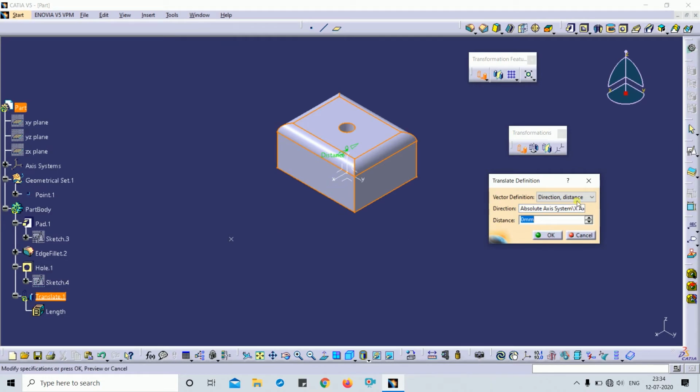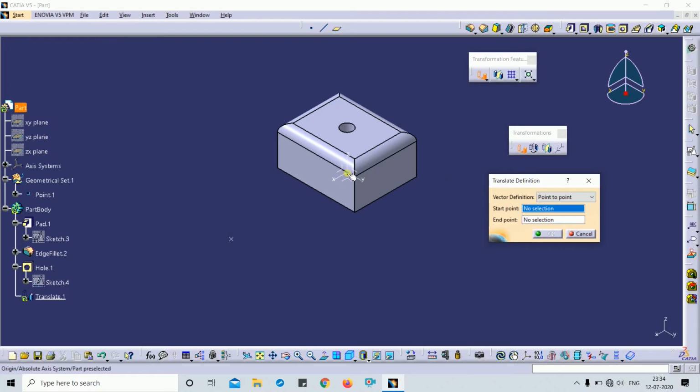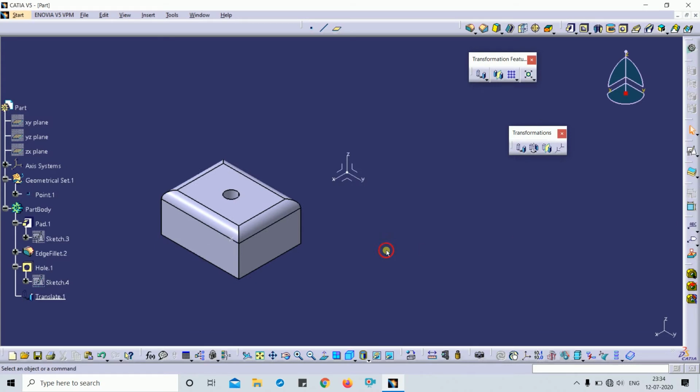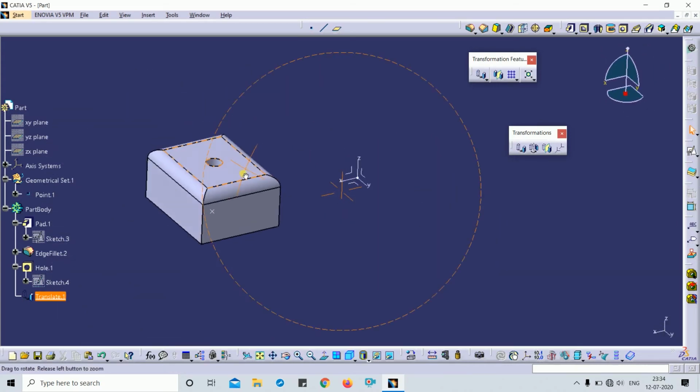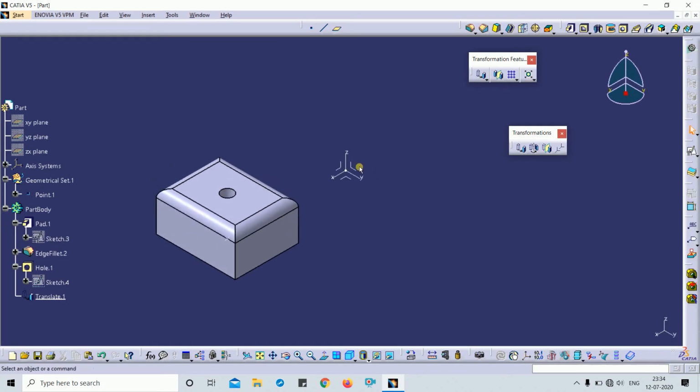My start point is this one and the end point is this one. This is how it will perform. Simply, the body moves from that point to this point. So this is the point to point translation.